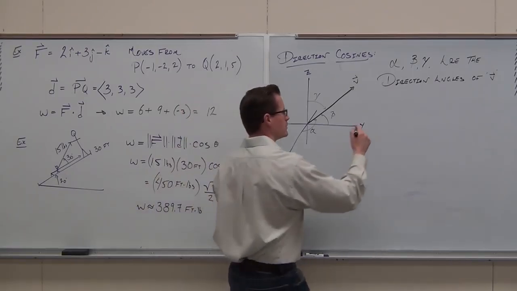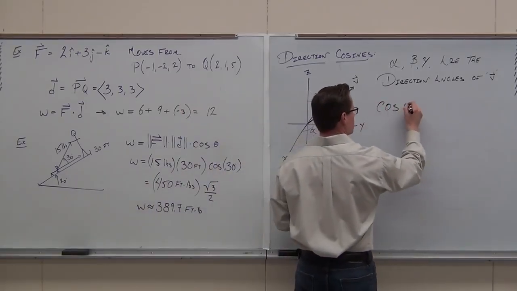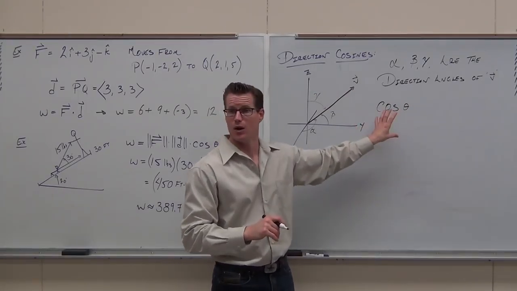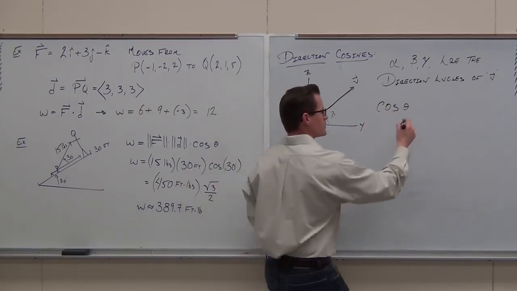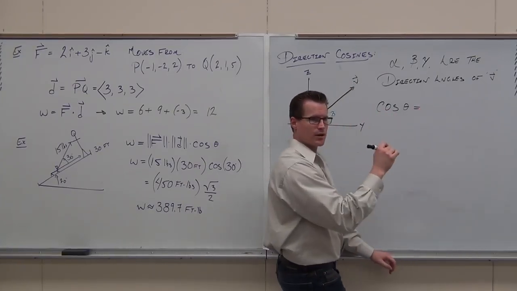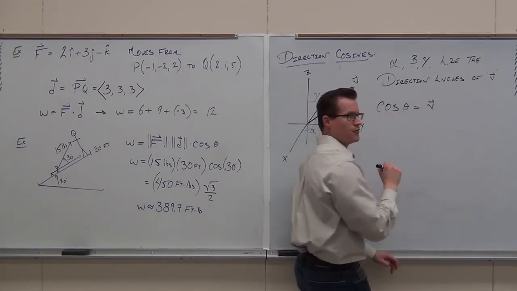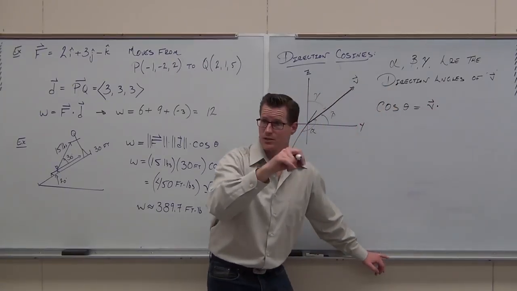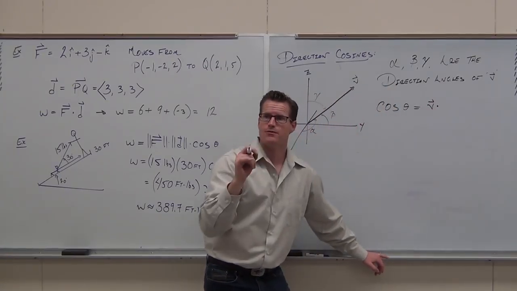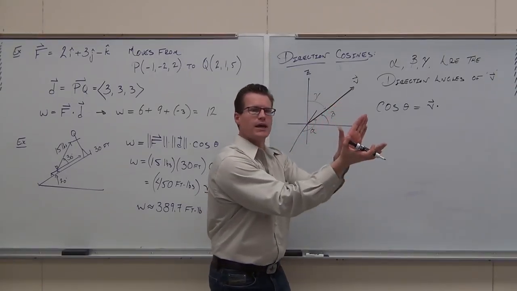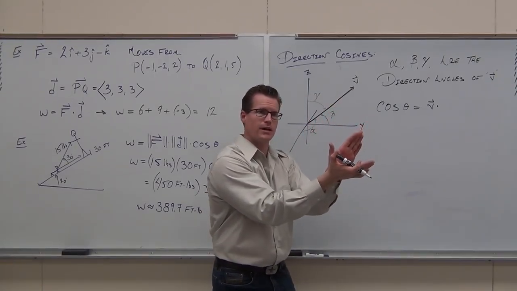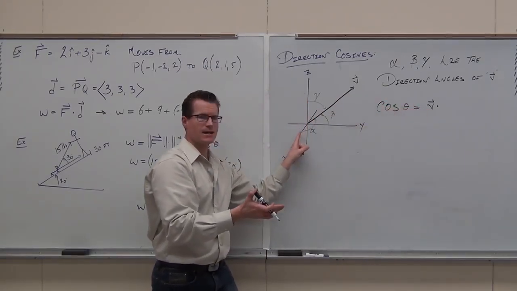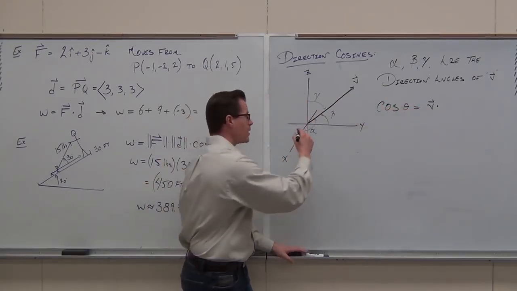If I want to find out the angle that a vector makes with another vector, all I have to do, with that cosine called the direction cosine, all I have to do for that angle is dot product the vector and the vector that I'm given and the vector that I want to find the angle between. If I want to find the angle between the vector and the x-axis, you just told me right now